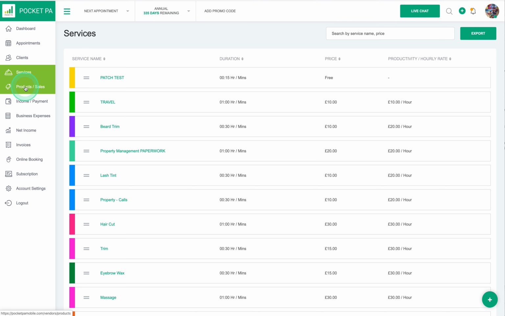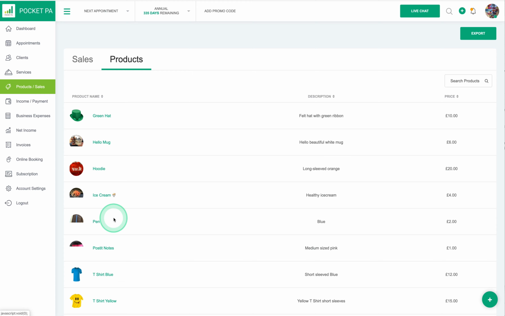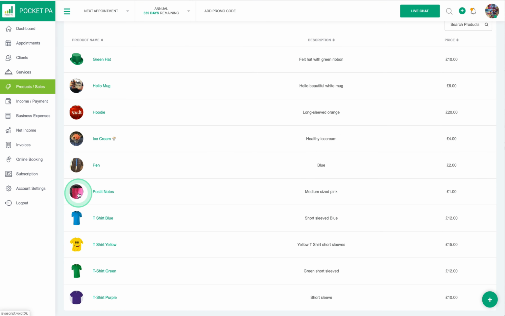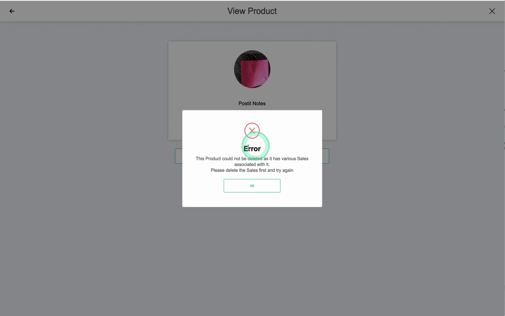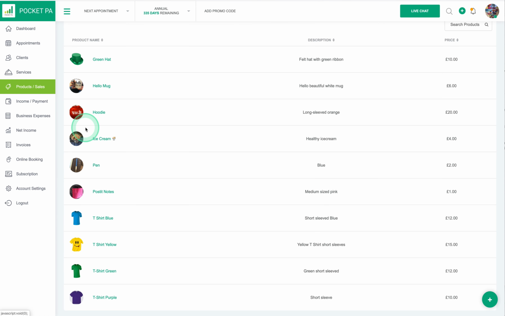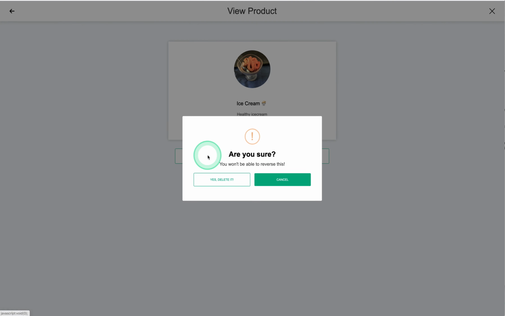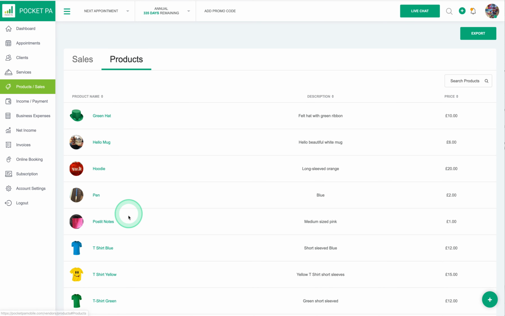With regards to products, they are very simple to delete just by going into, for example, this screen where you view the product and then you press the delete button, and again it will give you that same information. If it's associated already with an existing sale, you can't delete it, but say for example this one here hasn't been sold at all, so you can delete that one and that's gone from the product list